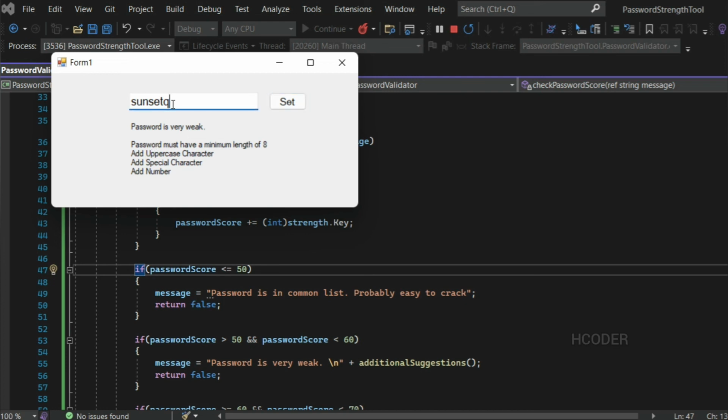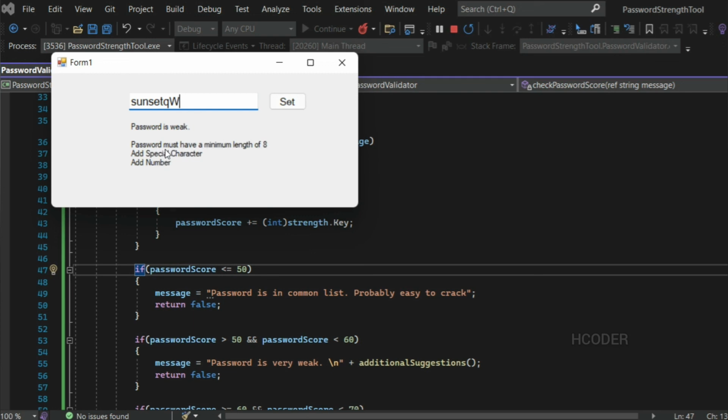So let's go ahead and add an uppercase character. You can see now it's changed to weak, and it's saying the remaining three things other than the uppercase. Let's add a special character, at. This would take care of everything,